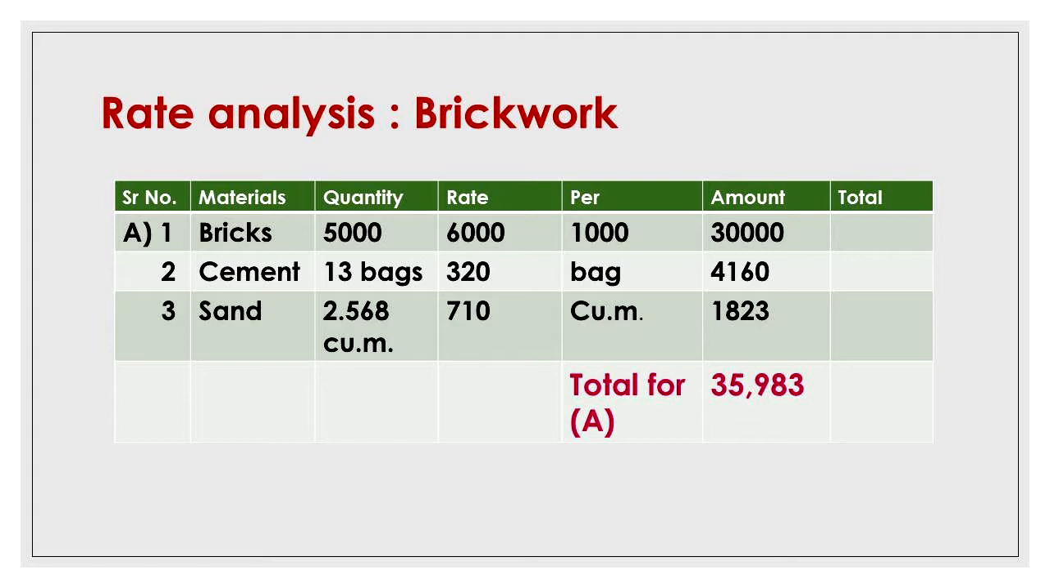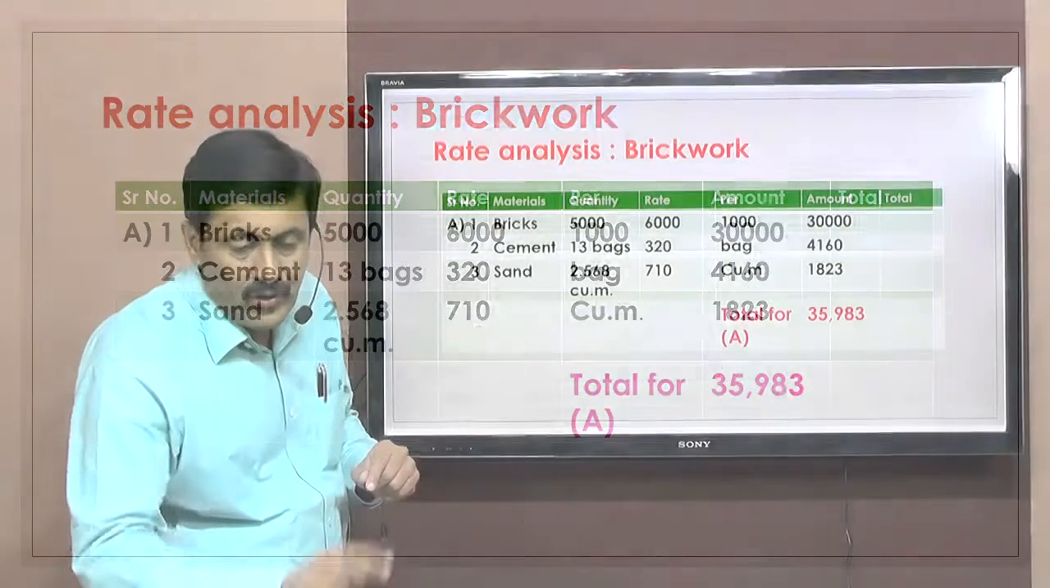So 710 multiplied by 2.568, you get the amount for sand, that is 1,823 rupees. So total of all this, that is bricks, cement and sand, is 35,983. That means cost of A is equal to 35,983 rupees. Then we will go for B part,